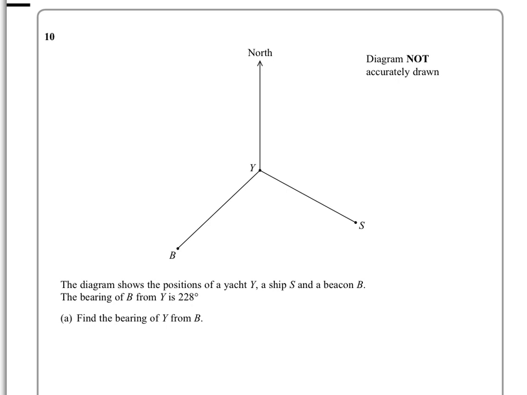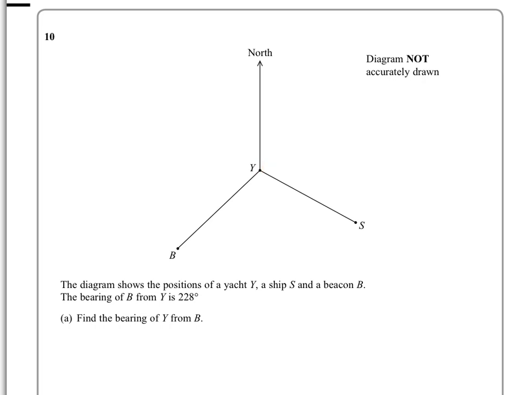In question 10, we were given a diagram which shows the position of a yacht, Y, a ship, S, and a beacon. And remember, with bearings, degrees, the bearings are always taken from the north. That's how they work. So the first one that they ask us to do is find the bearing of Y